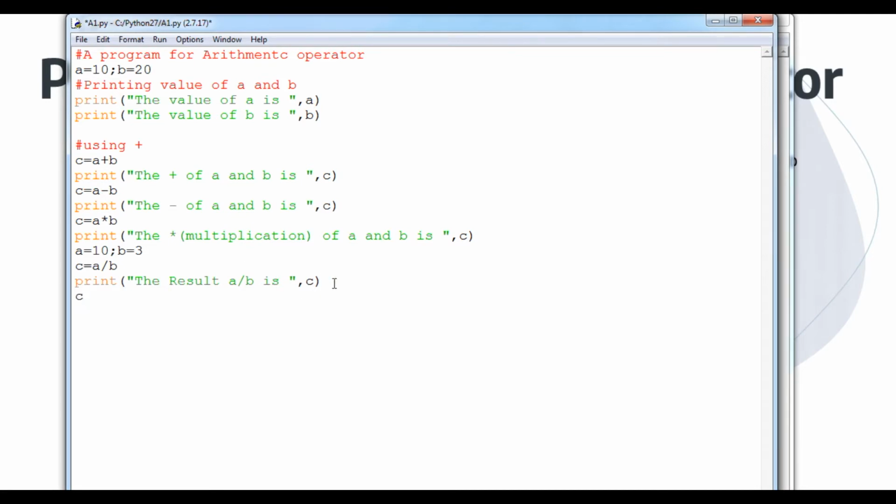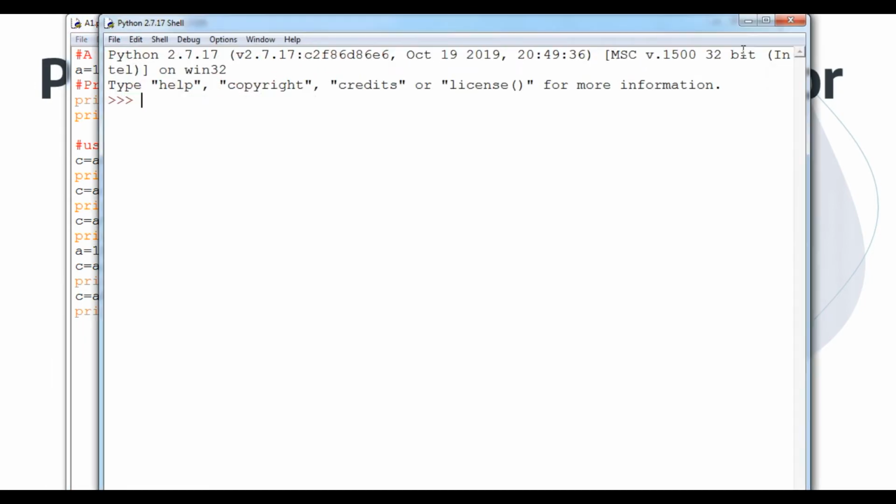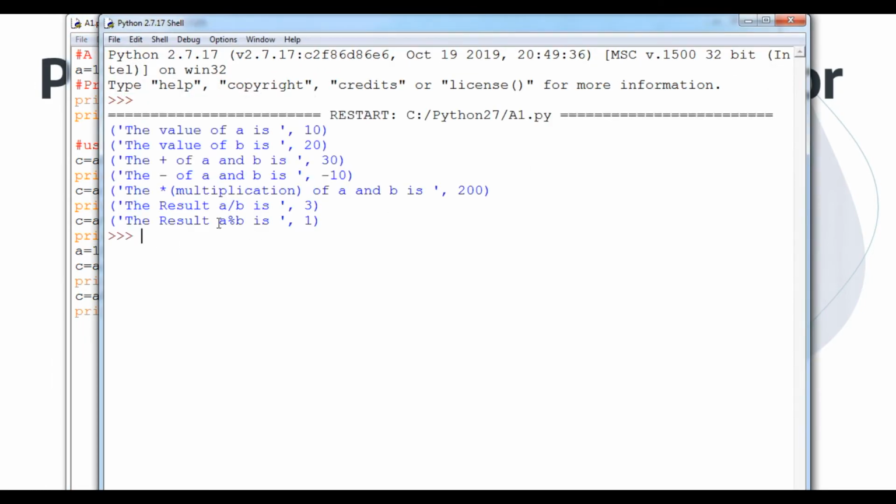Next, C equals A modulus B, and now I will print the same line here. You can do the same thing also. It will be better if you type it again, for practice. So let's see, student, what the output will be. Here you can see that it is 1. Did you get that, student? I will run it again because you can't see it. Now you can see the last line: A divided by B is 3 and A modulus B is 1. So whatever the remainder, 3 3s are 9, the remainder is 1, and the remainder is given by this thing, modulus.